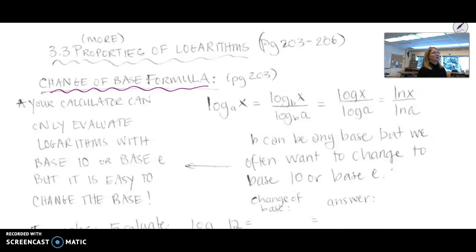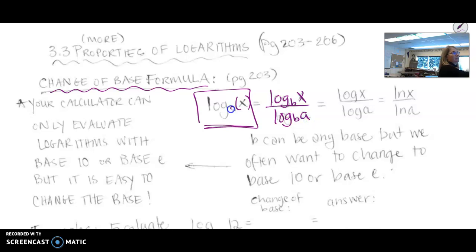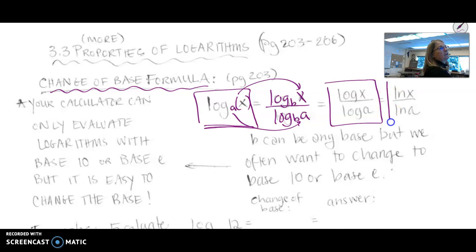So if you have a log of any base, base a of x, you can convert it to any base. What you do is you take the log of any base that you want of the argument, which is x in this case, and you divide by the log of that same base of this base. So this base goes here, and the x, the argument, goes here. So if you convert that to base 10, it would be log of x over log of a. We don't write the base when it's base 10. Or you can convert it to base e and have natural log of x over natural log of a. All right, so